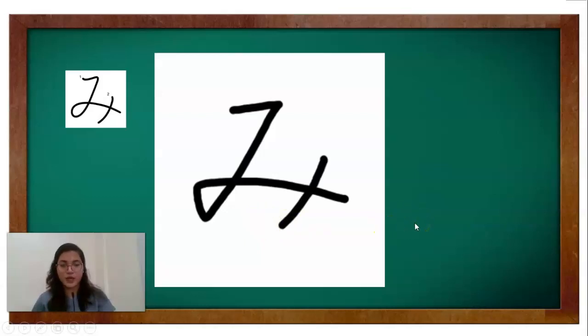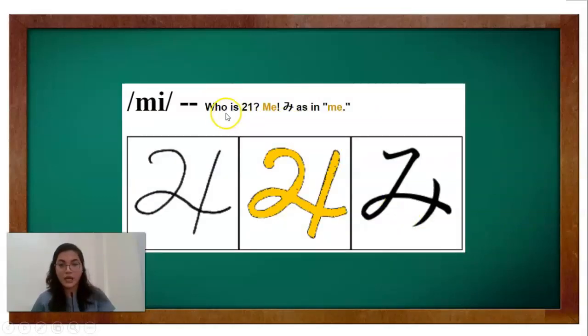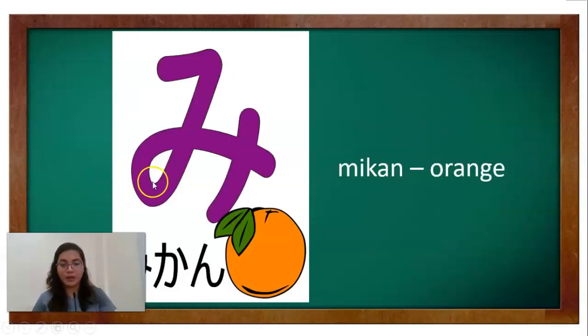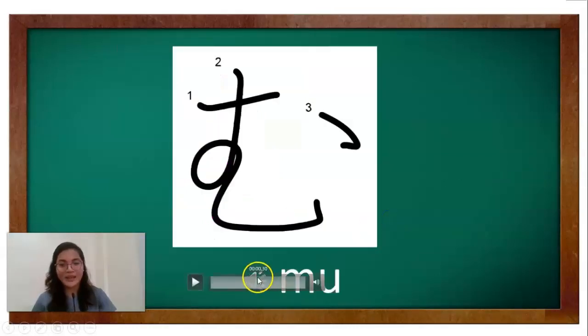Okay, to easily think of this character, think of me as in me. Here's an example word that starts with mi: Mikan. Mikan means orange. Okay? Next up is